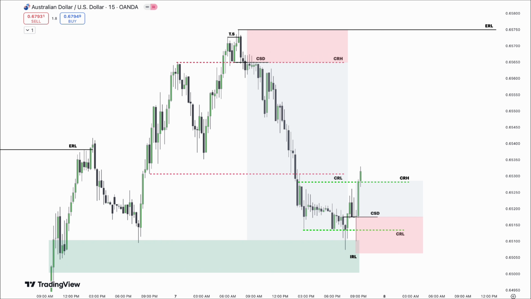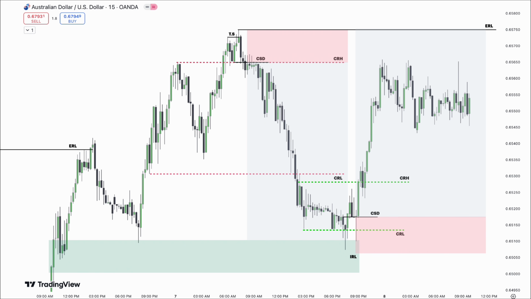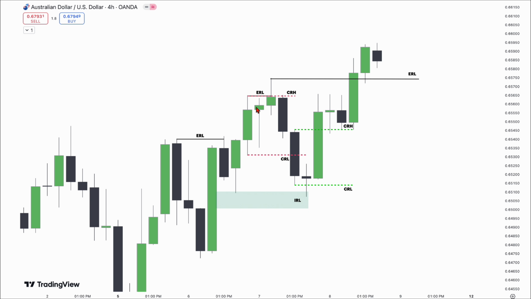And we've hit our first target. Now, we'll extend our target to the next opposing liquidity, which is the next ERL. Let's see what happens next. You can see that after the price made an upward move, there was some accumulation, and finally, the price hit our target. If you look at the higher time frame, you can clearly see how the market moved from ERL to IRL, and then from IRL to ERL, creating a CRT before each move, which ultimately led to hitting our